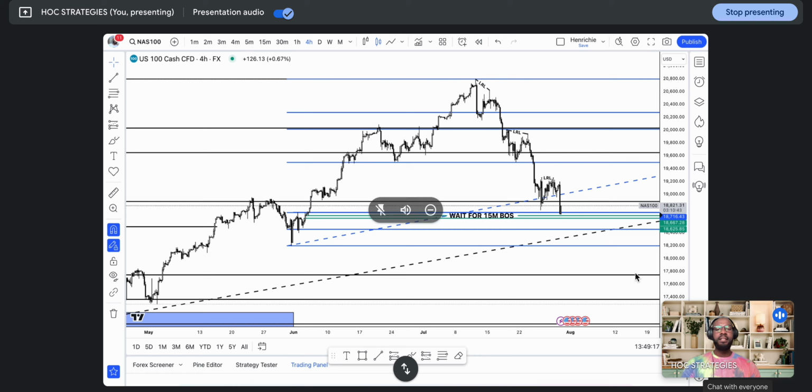So far, as you can see, the current price action on USNASS100 has consistently been creating lower highs and lower lows. Lower high, lower low, and so on. We're currently on the 4-hour time frame, and the 4-hour time frame already is showing us